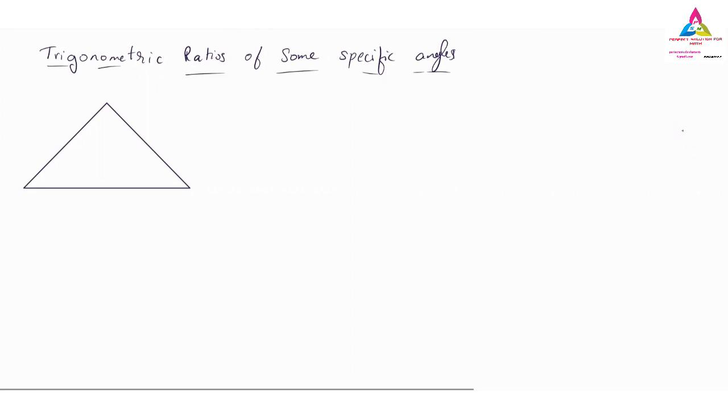Yes, quickly. You have to answer. 60 degree? One is 90 degree, and the sum of all the angles is 180 degree. No problem. The sum of all three angles is 180 degree, that we know. But in that, one angle must be 90 degree. Then only can we apply the trigonometric ratios, because right angle triangle only we will